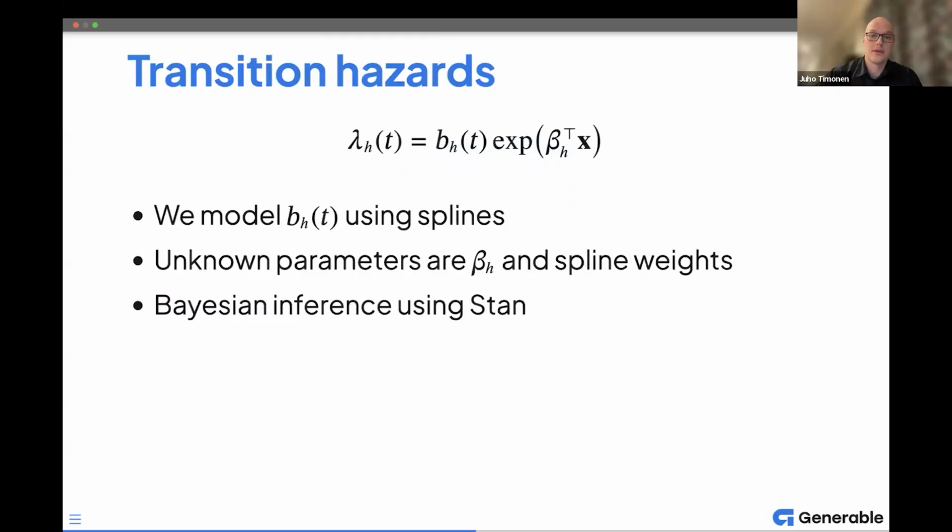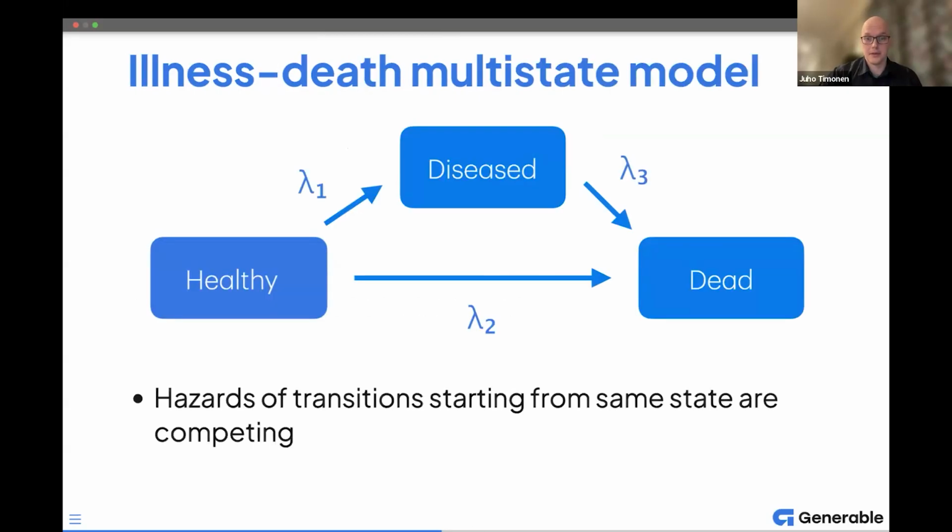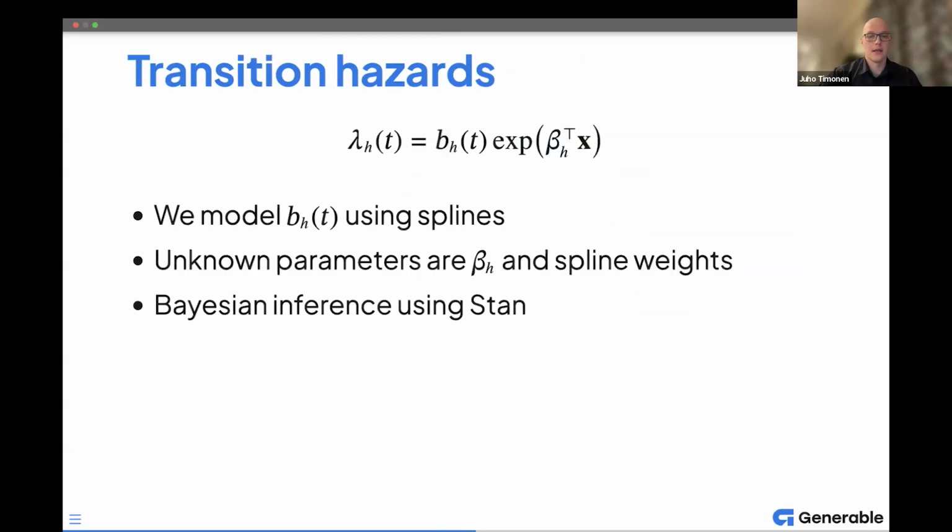And the hazards are modeled like this, so we have different baseline hazards for the different transitions. So here we have three of them. And each baseline hazard is modeled using splines in the package that we will present, and then we have the covariate effects beta,